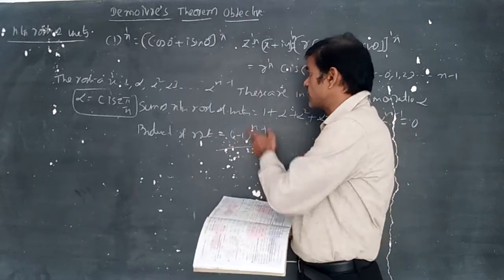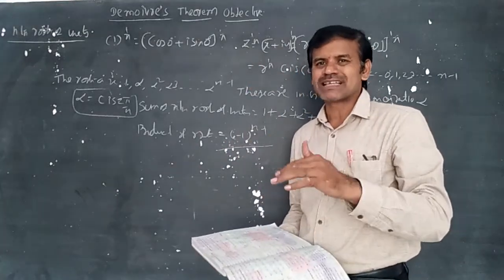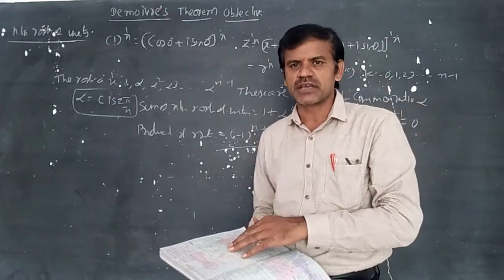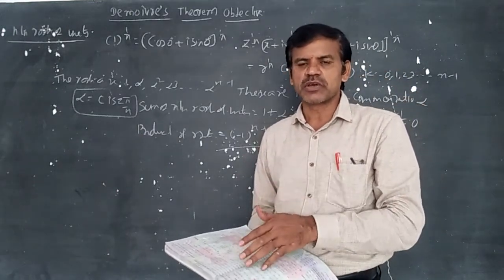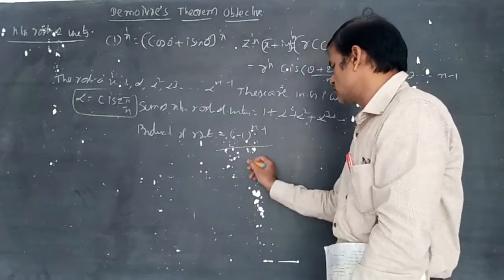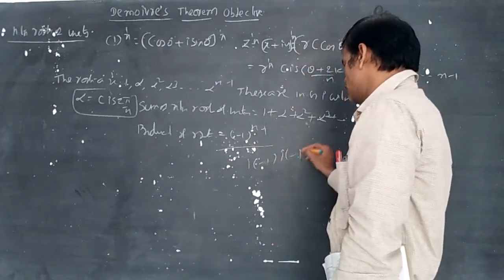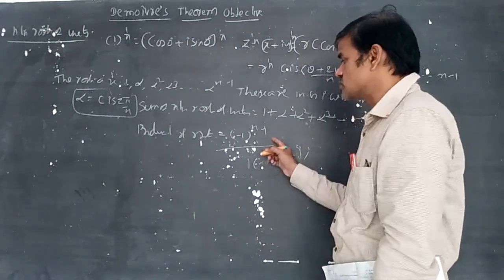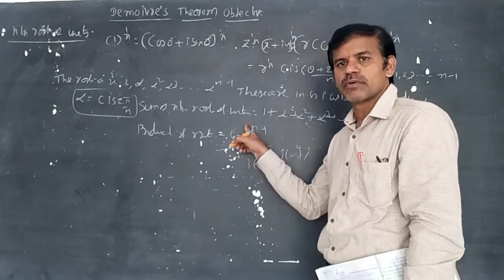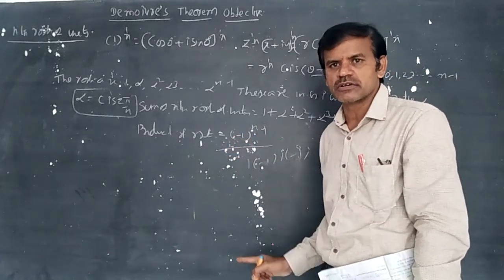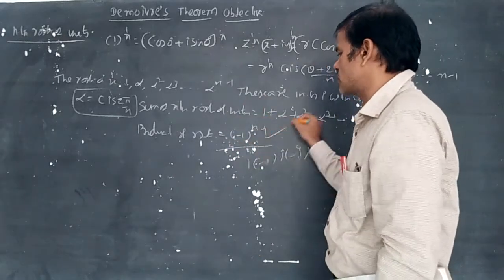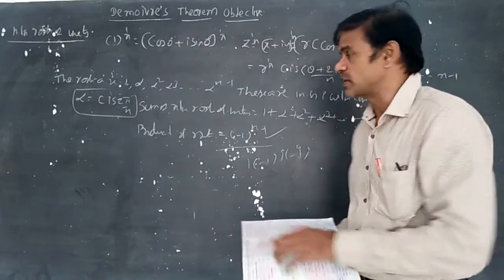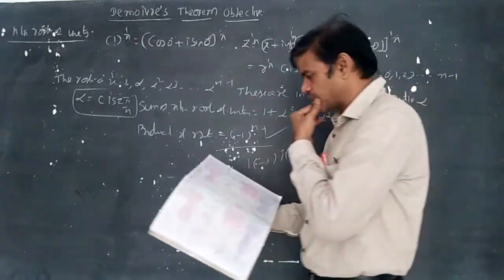In a similar way, if n is equal to 4, the roots are plus or minus 1 and plus or minus i, so the product is 1 into minus 1 into i into minus i, which becomes minus 1 into minus i square, that is minus 1 into minus into minus, plus i square, equal to minus 1. If n is equal to 4, substituting here, (minus 1) whole power 4 minus 1 becomes (minus 1) cube, which is equal to minus 1. In a similar way, the product of the nth roots of unity is (minus 1) power n minus 1, and the sum is equal to 0.